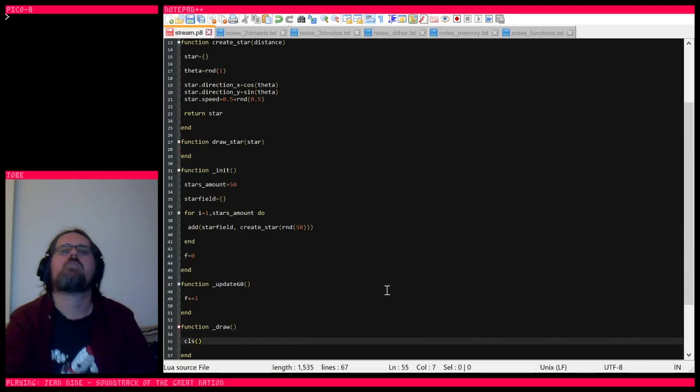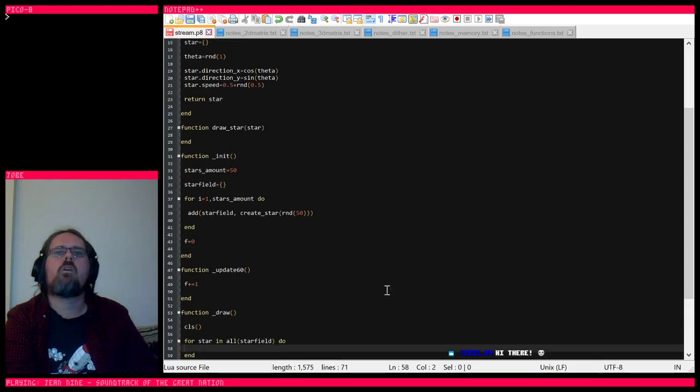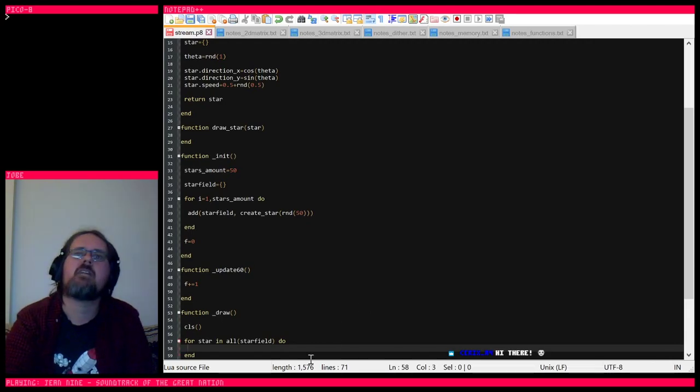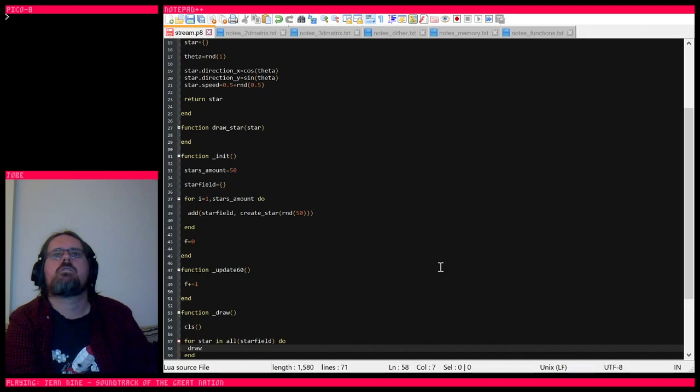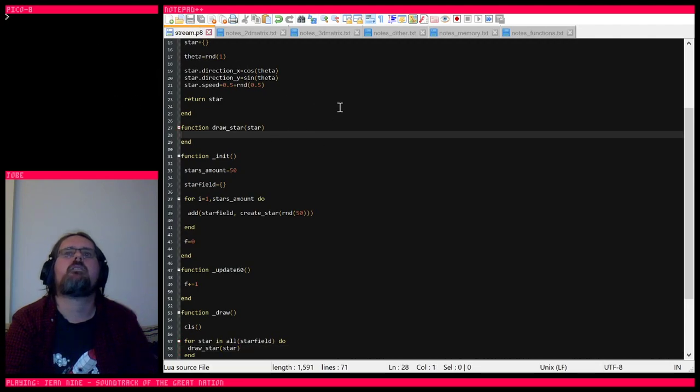So now we're going to do this for each, for star in, sorry, I'm a bit nervous. Okay, so we're gonna do a for loop. This means that it goes to the whole star field array and treats every entry in it as one at a time as variable star. So we're gonna do draw star star, and then we're gonna get here,